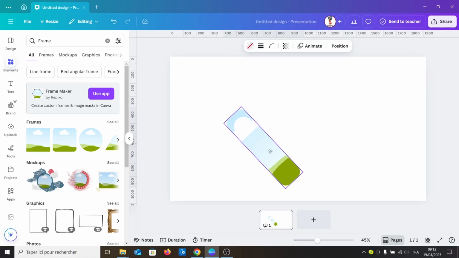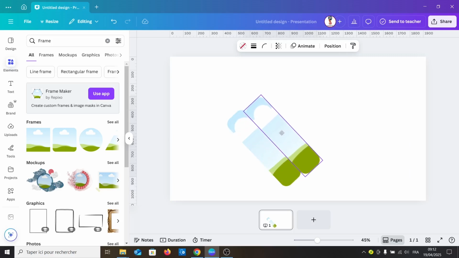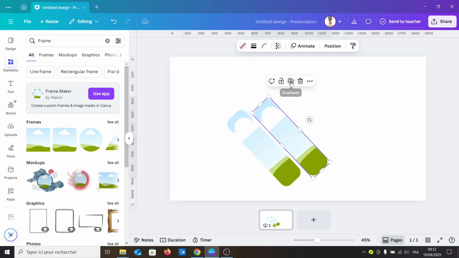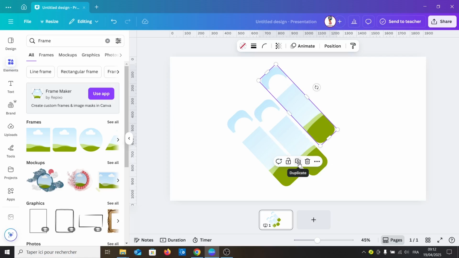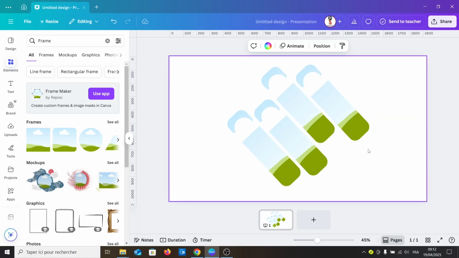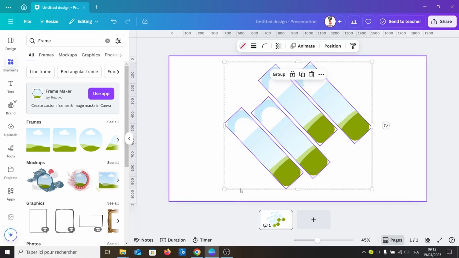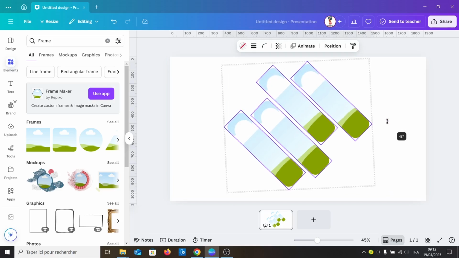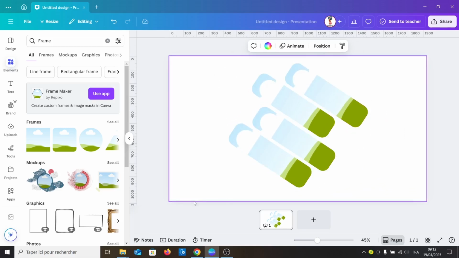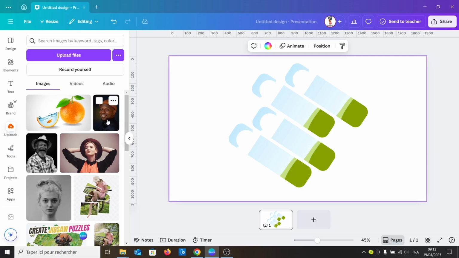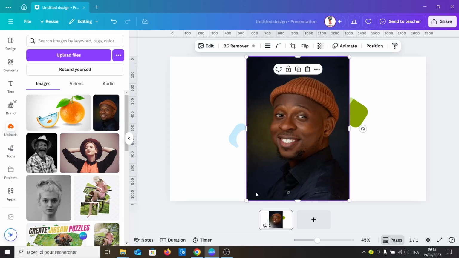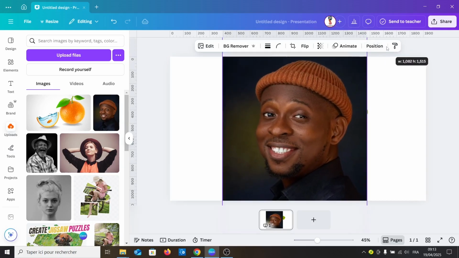rotate it, then make a duplicate, make a rotation, then drag picture. I will choose this, resize it as you want, like this, make a duplicate,